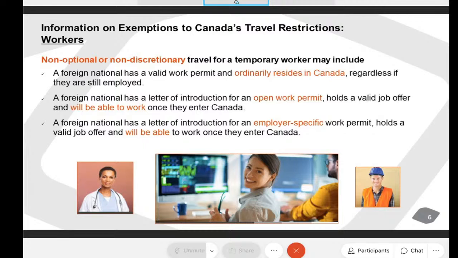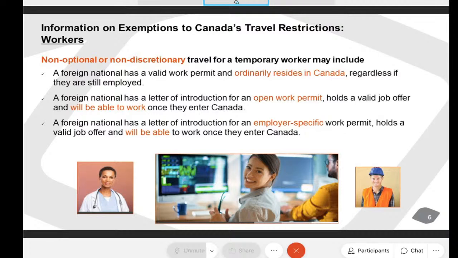Travelers need to show airline staff that they are exempt from the travel restrictions. To do this, show the following documents to airline personnel when boarding your flight: passport or travel document, proof that you're exempt from travel restrictions, such as emergency service providers, a letter of invitation from a relevant organization in Canada, government or non-government organization, healthcare students, a letter of invitation from a relevant teaching institution, marine crew joining